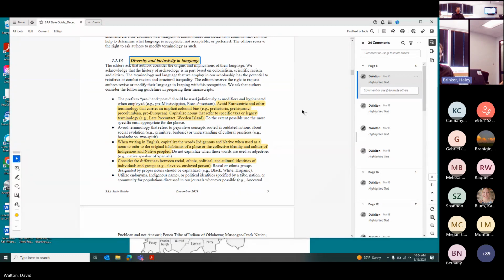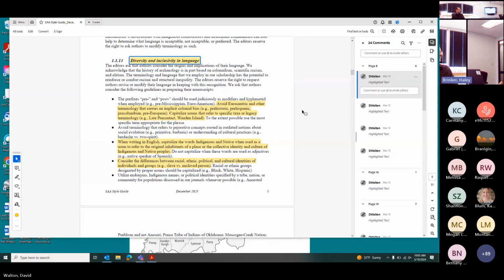And so that being said, I decided to go through the style guide and look at it from the lens of what might have been updated from the past, as well as recent comments we've been making on reports, and to give you some background of where those areas are within the most current version of the SAA style guide.